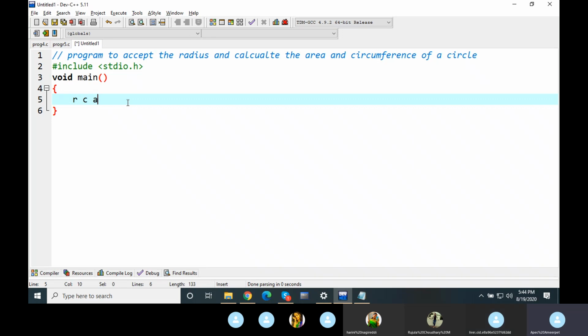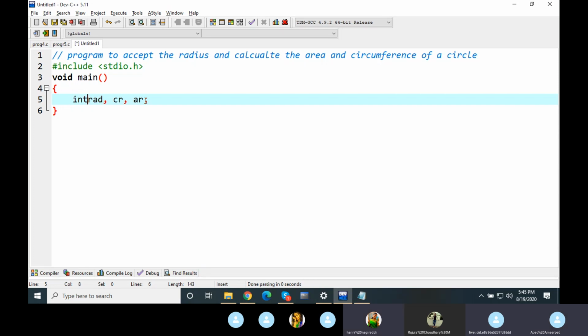So for that, what you do is use it a little conveniently. AR for area or CR for circumference, RAD for radius. Something like this will be a little more meaningful than that. Even this also is not completely correct, but yes, instead of just taking single alphabet, this will be a little more convenient. Okay, we need three variables, you said correct. But what should be the data types of these variables? What data type can we take these variables as?